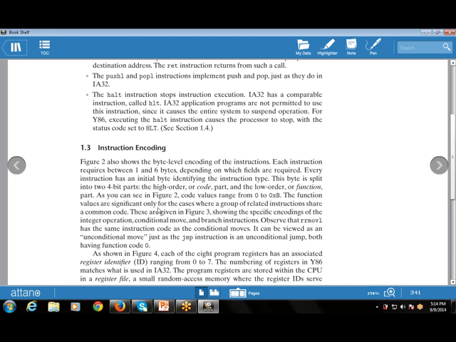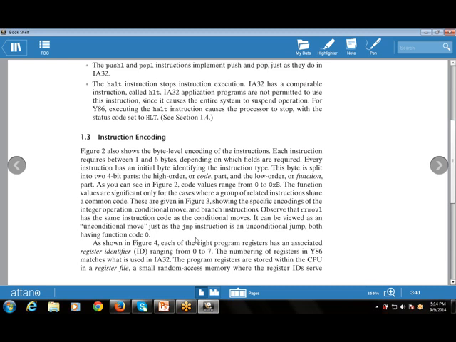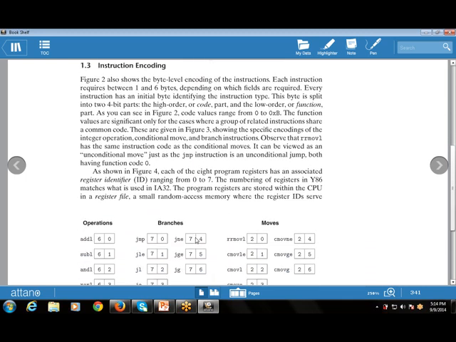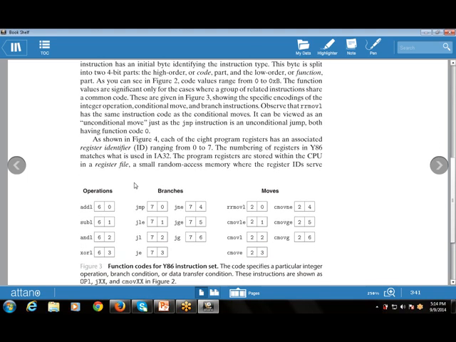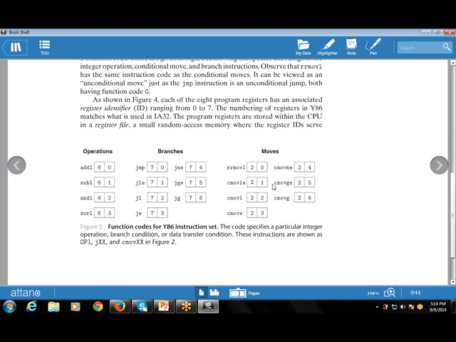The function values are significant only for the cases where a group of related instructions share a common code. So these are multiple instructions, and every register must have a register ID, that is, a register identifier that ranges from 0 to 7. The numbering of registers in Y86 matches what is used in IA32. The program registers are stored within the CPU in a register file, a small random access memory, where the register ID serves